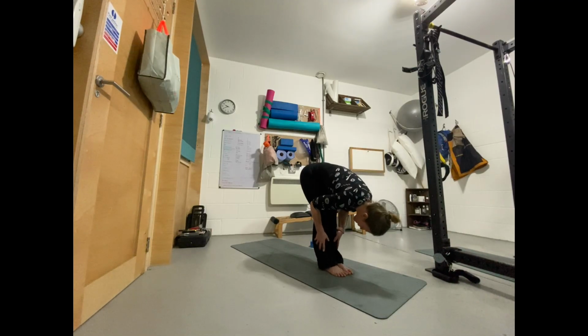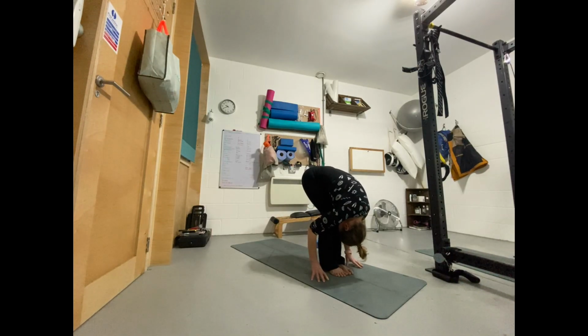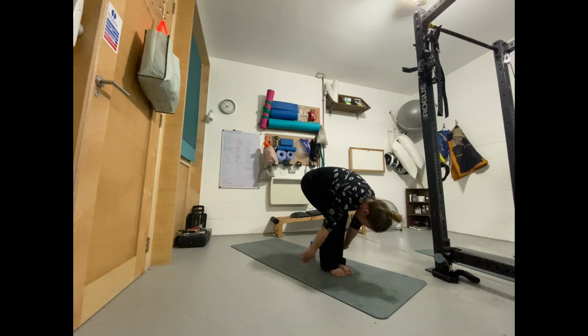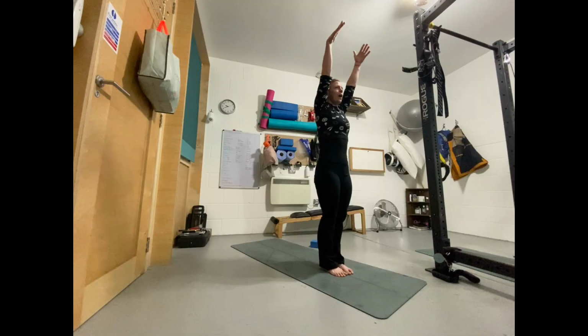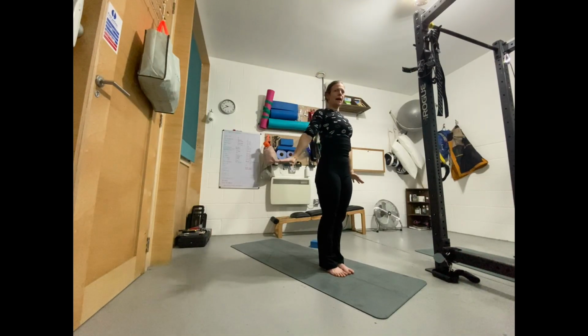From here, exhale, fold. If this is too much for your back, you're going to bend your knees, tuck your head in, crown of head comes down towards the ground. Sweeping the hands all the way up, overhead, coming to a standing position. Exhaling, hands come all the way